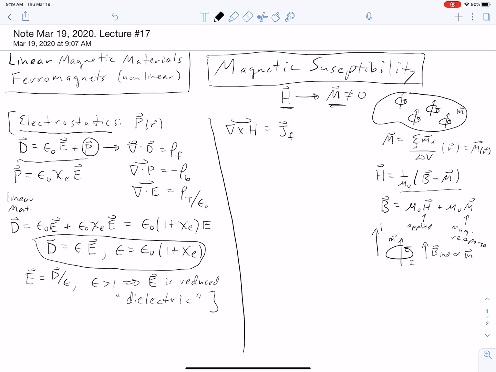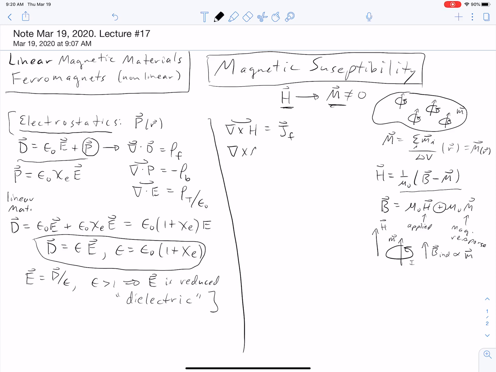If the B field is like this, then we see that the magnetization is in a direction. Well, actually, I should call that the applied H field. So if the applied H field is in this direction, then we can see that the induced B field is proportional to it, and so the magnetization adds to the H field. That's why I have a plus here. All right, and so then we also can see that